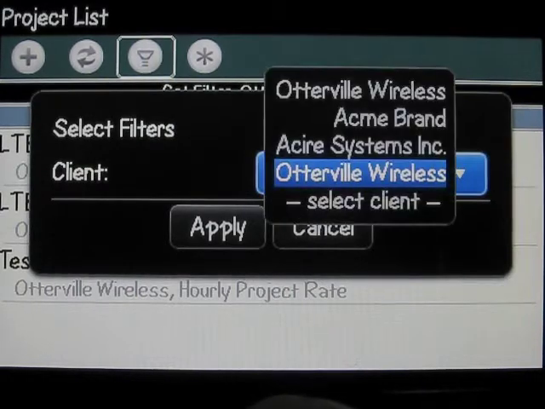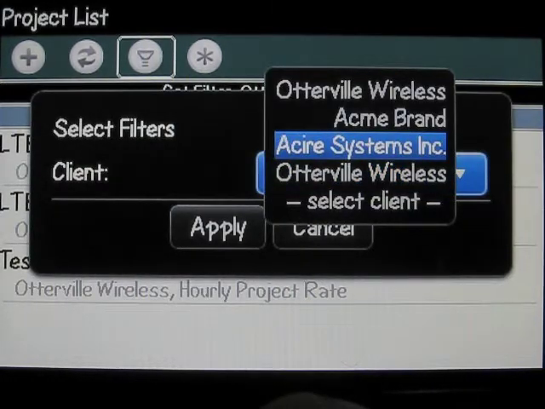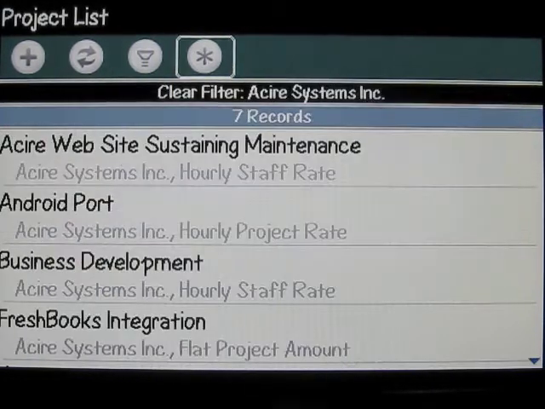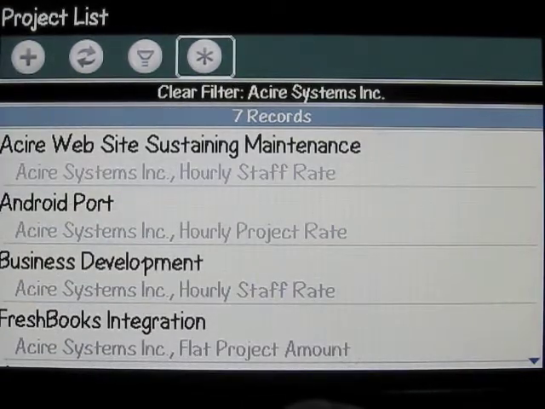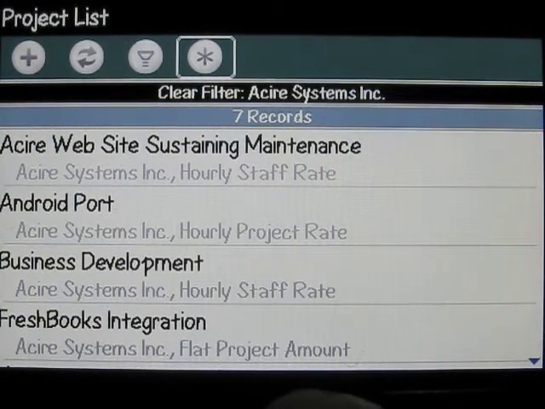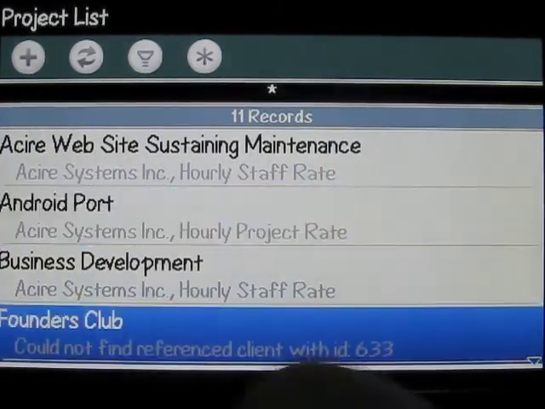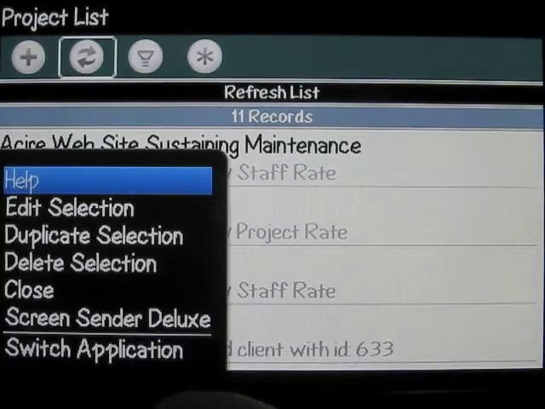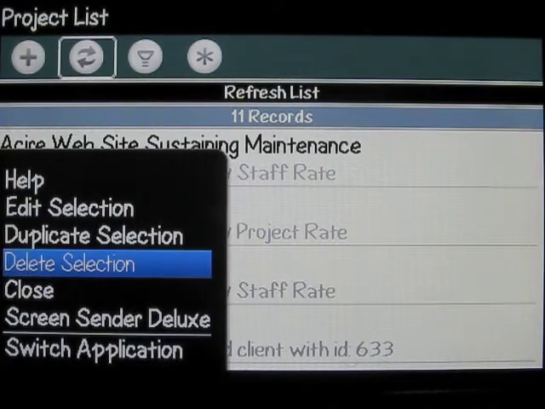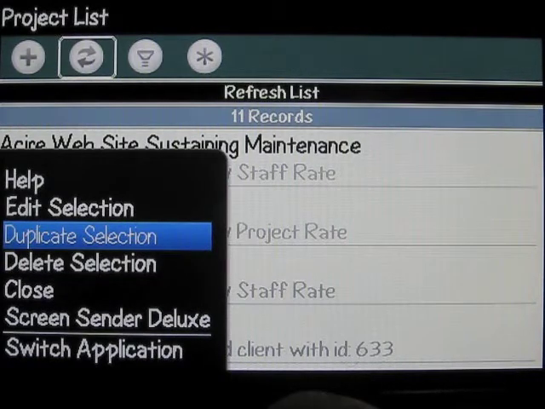If we wish to change that, for example, we'll look at Asir Systems, there's 7 projects associated there. If we wish to clear all filters, we simply click on the asterisk control here, and now we're up to 11 projects. Again, like clients, on the menu button we have the option to delete items, duplicate them, and edit